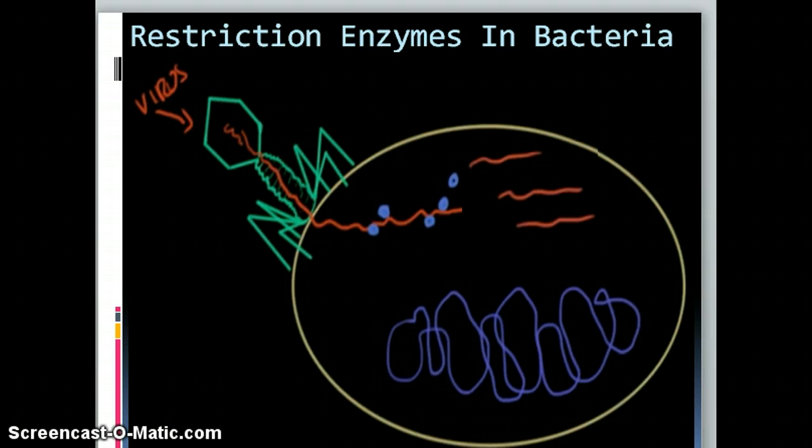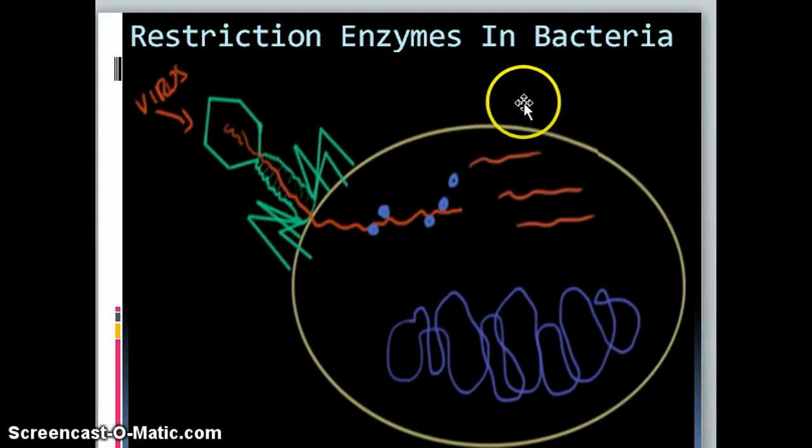Restriction enzymes in bacteria. So, in bacteria, they are used to restrict foreign DNA that enter the cell by destroying it. For example, if it were not for restriction enzymes, this virus would inject its viral DNA into the bacteria cell, and it will be able to replicate itself and form more viruses inside the bacteria cell and eventually break